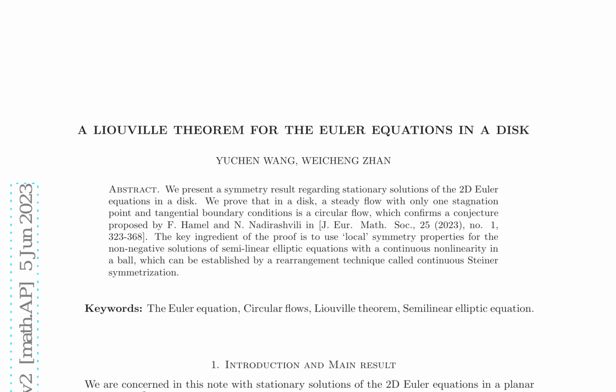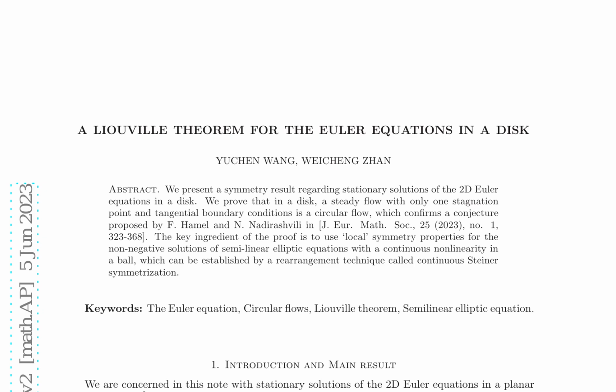The research paper presents a symmetry result regarding stationary solutions of the 2D Euler equations in a disk. Specifically, it proves that in a disk, a steady flow with only one stagnation point and tangential boundary conditions is a circular flow, confirming a conjecture proposed by Hamel and N. Nadirashvili. The Euler equations, a set of nonlinear partial differential equations, describe the motion of an ideal fluid in a